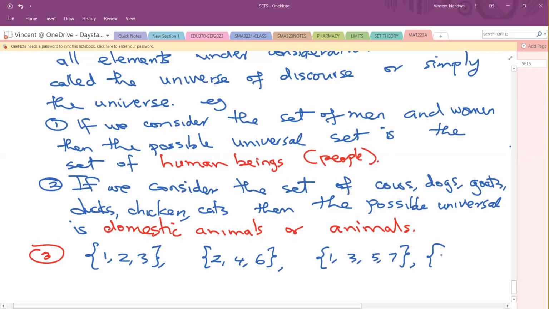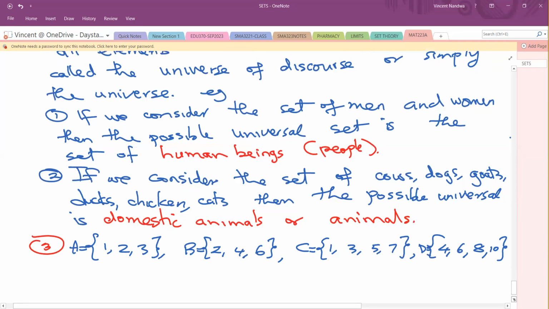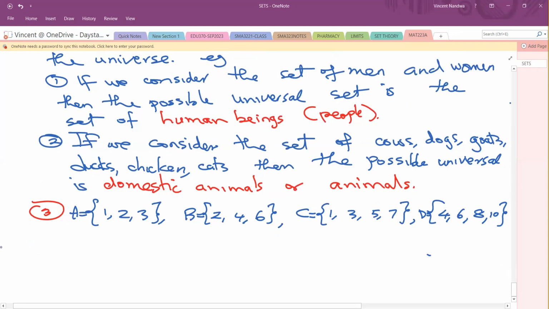And I have 4, 6, 8, 10. For example, if I have these smaller sets, you can call this one A, this one B, this one C, this one D. Then the possible universal sets are